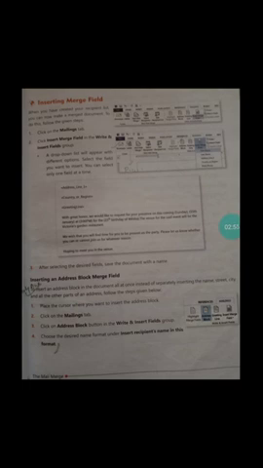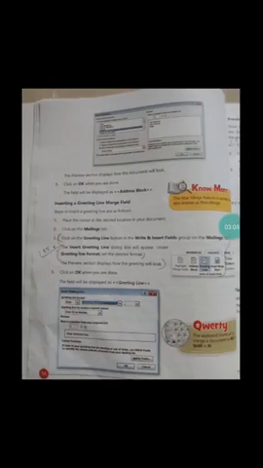Choose the desired name format under Insert recipient's name in this format. The preview section displays how the document will look. You can see the pictures. Then click on OK when you are done. The field will be displayed as address block.